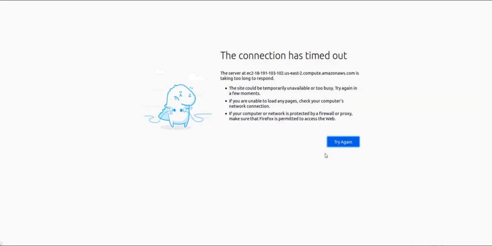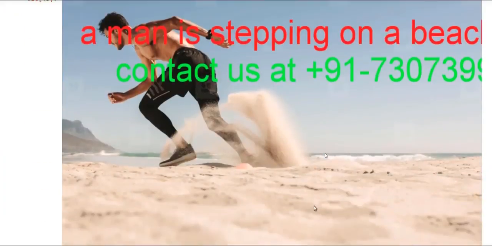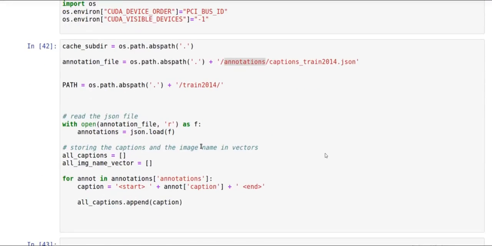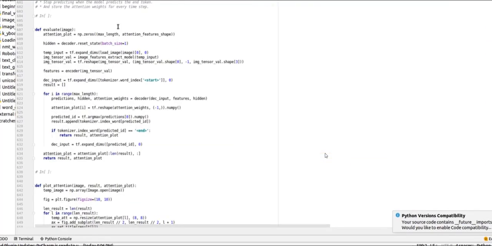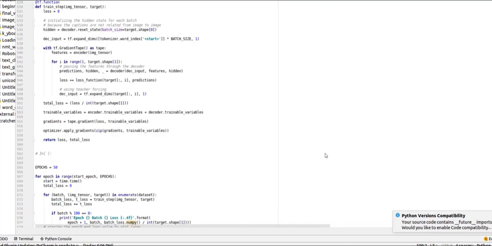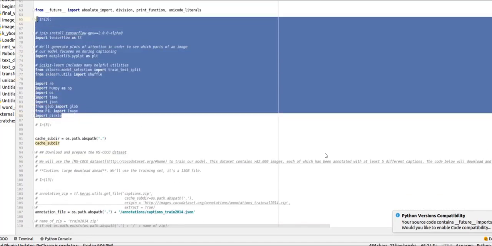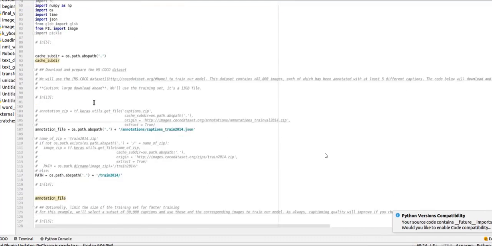So guys, I'm done now, and I hope you understand how these models are working. Let me give you a very quick overview. Here is the program, image captioning for training. Here we need to load some libraries. I'm using TensorFlow version 2 here.